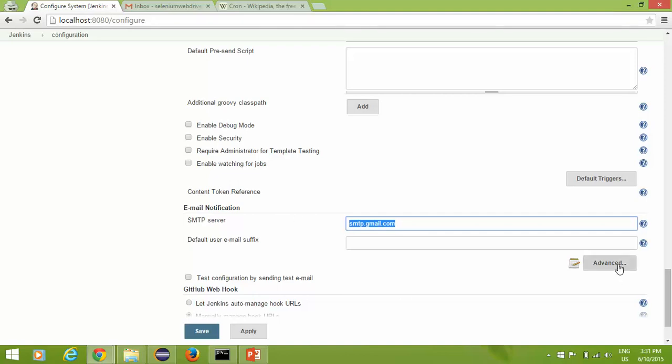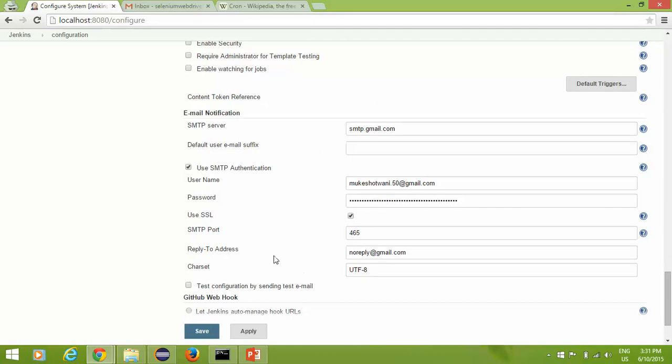Then you need to click on Advanced. Here it will ask you for some credentials, like what is the username for that account and what is the password. My username is my Gmail ID, and the password is something I've entered. Check Use SSL. Now it will ask you to specify the SMTP port. For Gmail it is 465.